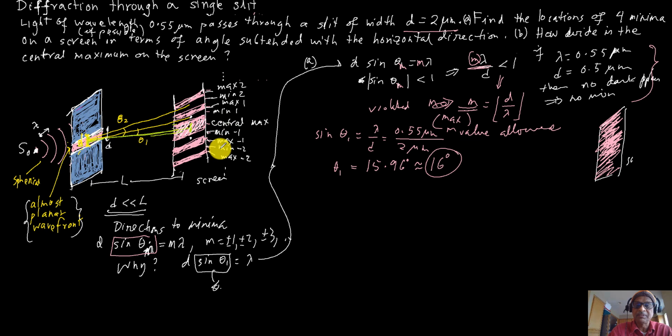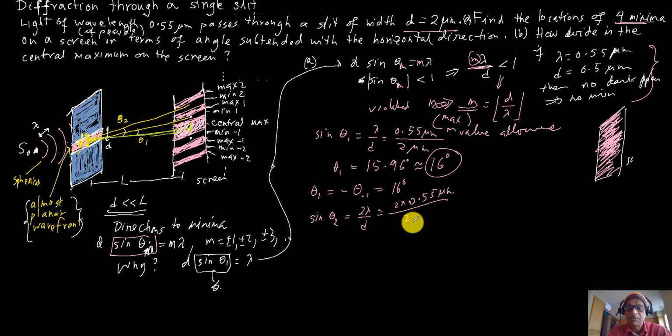So we'll get theta 1 equals minus theta minus 1. That's exactly symmetric. 16 degrees. You got 2 of them and you want to know 4 of them. So let's do sine theta 2 will be 2 lambda over d, and so it's going to be 2 times 0.55 micrometer over 2 micrometer, and so theta 2 will turn out to be equal to minus theta minus 2,